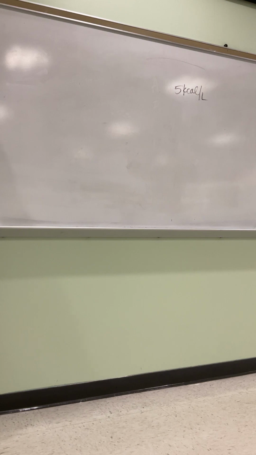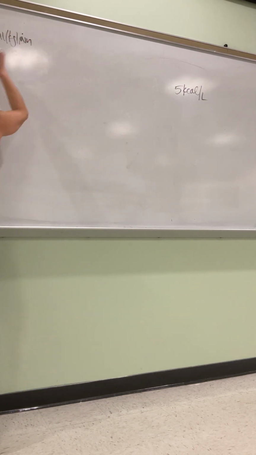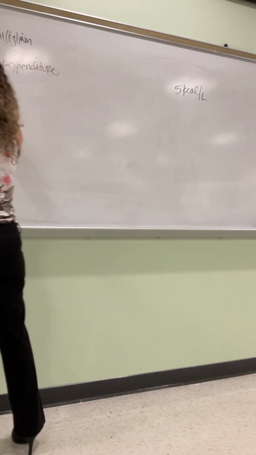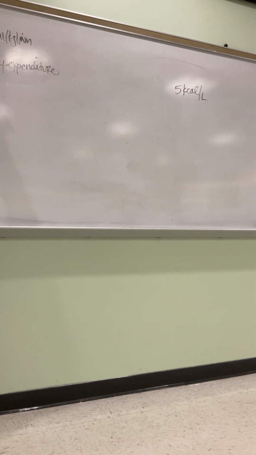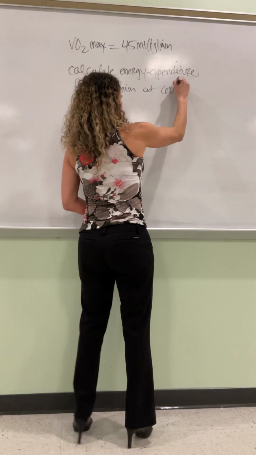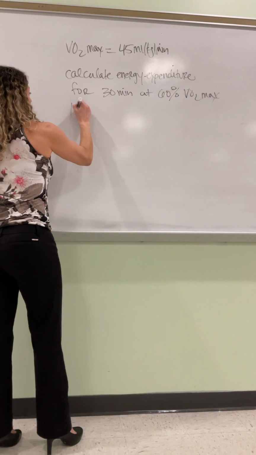If the person's VO2 max was, let's say, 45 mLs per kg per minute, calculate energy expenditure for, let's say, 30 minutes at 60% of VO2 max, and this is for a person who weighs, let's say,